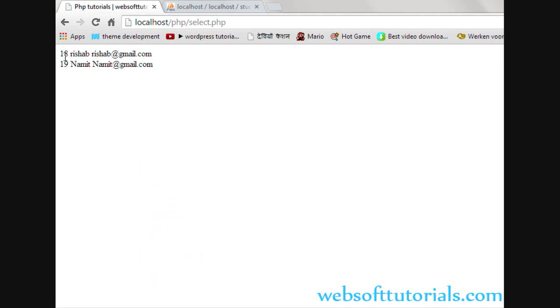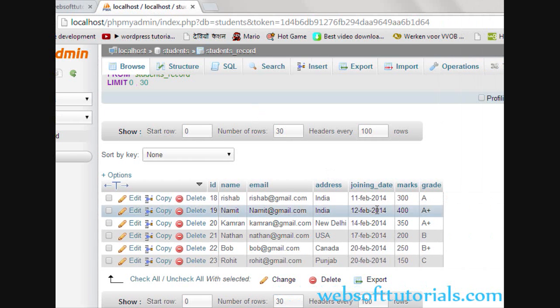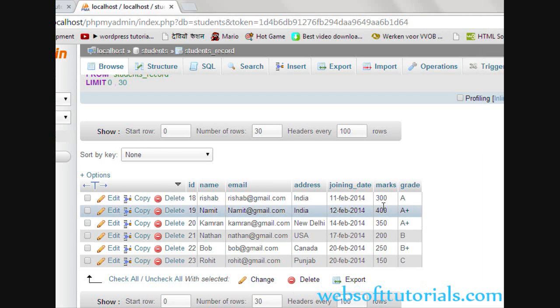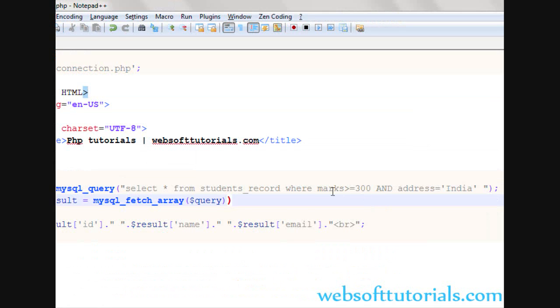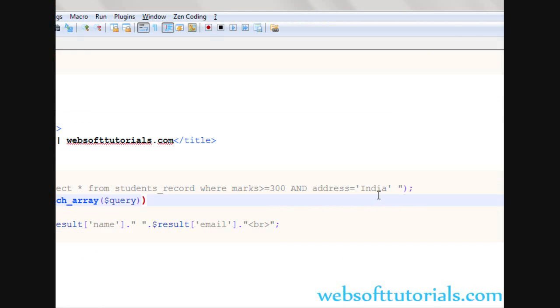You will see it will display first two results because these two students are from India, means address is India, and they have secured more than 300 marks, means 300 or more than 300 marks. So both conditions should be true, otherwise it will not work. Suppose if I will write some other country name like China,